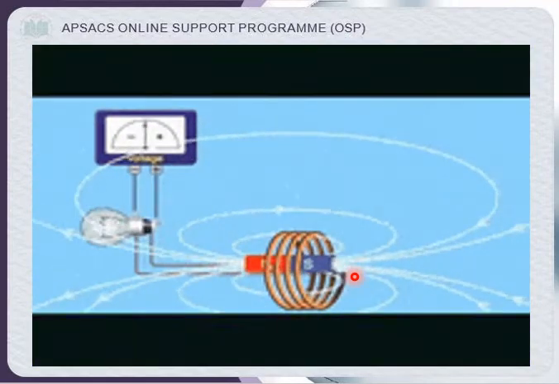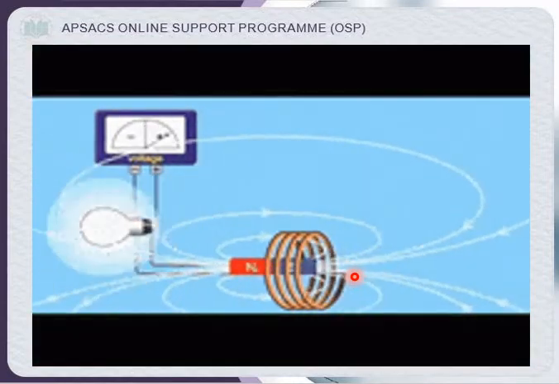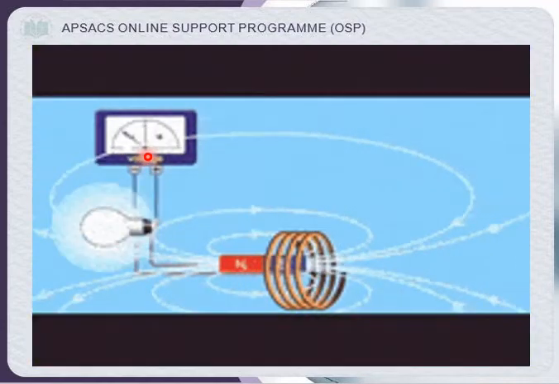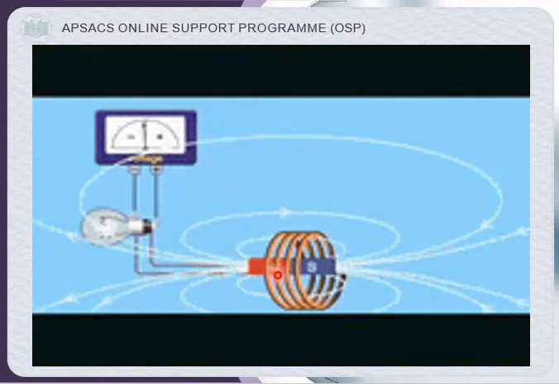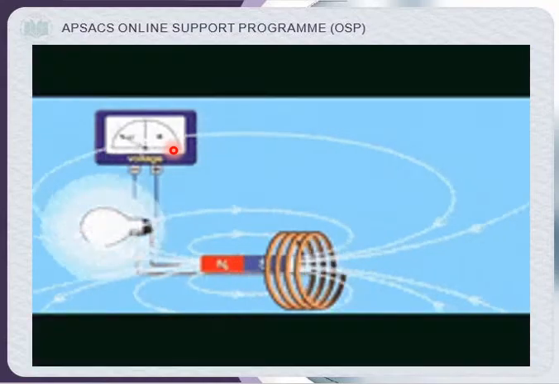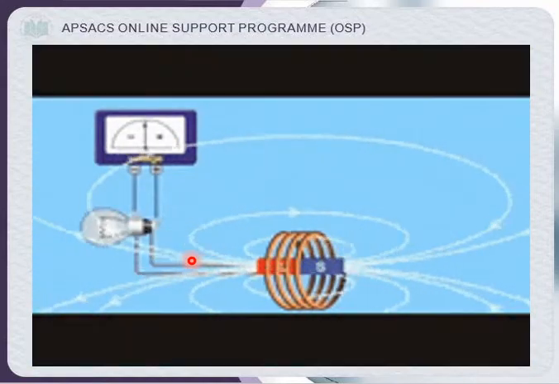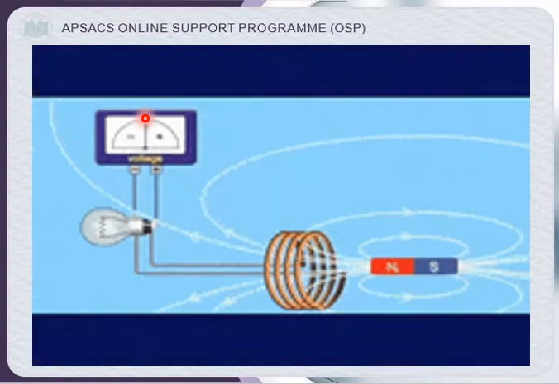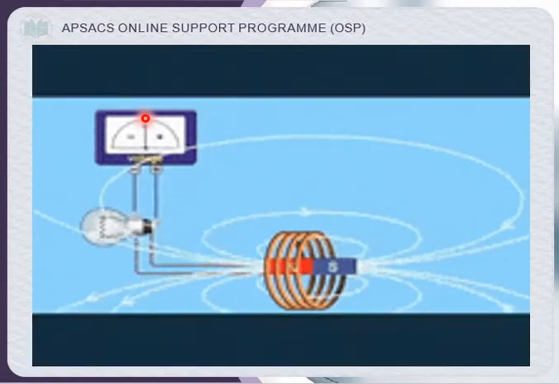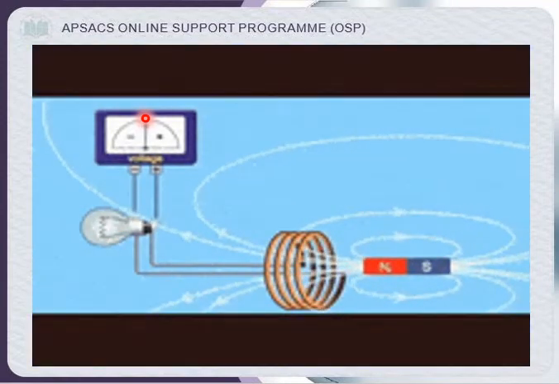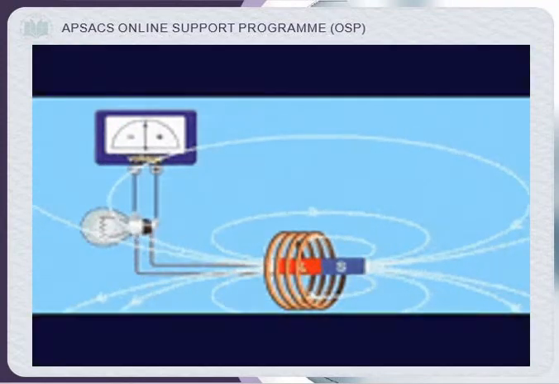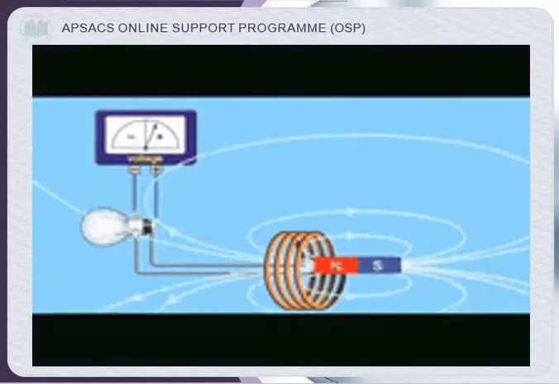So this is basically the whole phenomenon of Faraday's law. Now the next thing you are seeing is that when this bar magnet is moving towards the coil, the current deflection is showing towards the right side, whereas when it stops moving, the galvanometer instantly shows zero deflection. Similarly, when this bar magnet is moving away from the coil, the deflection of current is showing on the negative side. So it means that there is some influence on the direction of current as well.